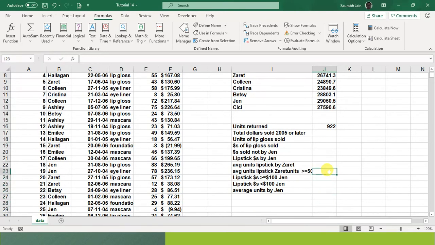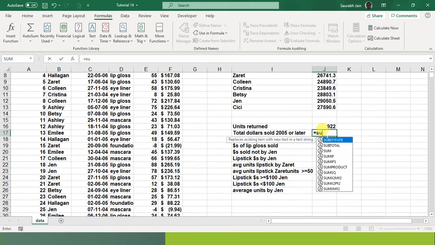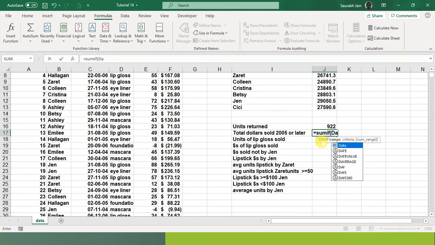Fine. Now do the next: total dollars sold in 2005 or later. So we have to apply a SUMIF criteria. We need to sum all the dollar values, but for those whose date is greater than or equal to 1/1/2005, that is, 1st January 2005. So I say equals SUMIF, bracket open. Now what I have to do is total dollars, but it is all about date. So I write DATE.